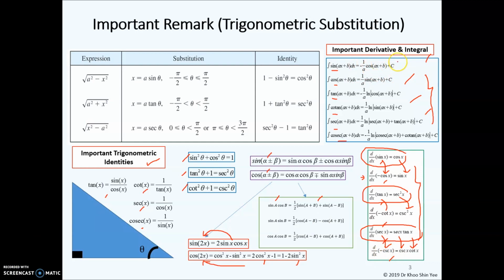Same observation can be made here as well, where if let's say I remember integrate sine, integrate tangent, and also the secant, then you see the negative becomes positive for all of the equations here. Cos becomes sine, tangent becomes cotangent, and secant becomes cosecant here. Before you proceed with the trigonometric substitution part, please make sure you master all the important trigonometric identities as well as the important derivatives and integrals. In this topic, you all should remember